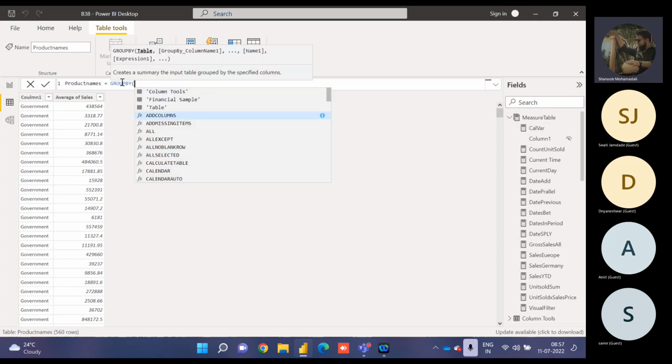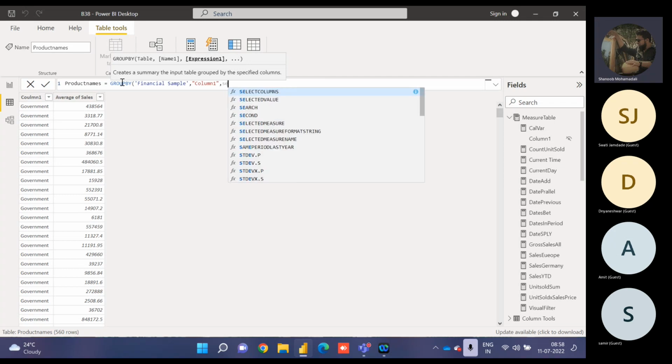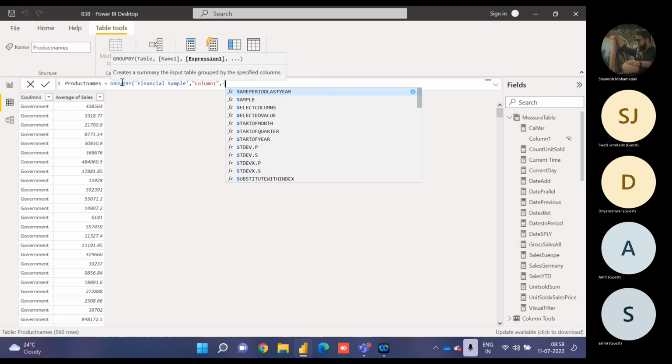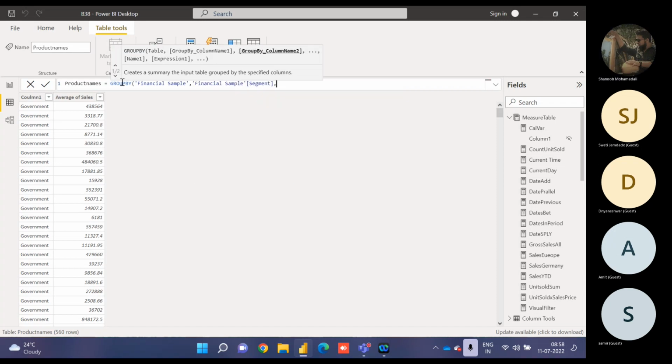If I use group by, and I'll say financials table. Here, if I add a name, let's say column one, here I need distinct of segment. Group by table name one. Can this be a column? Yes. So here I'll say segment and average of